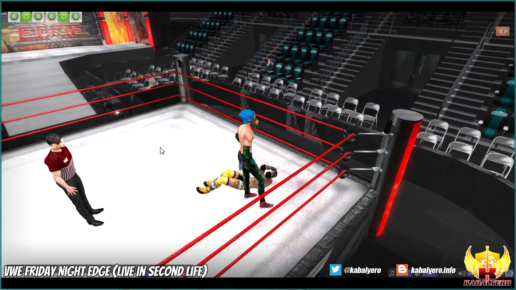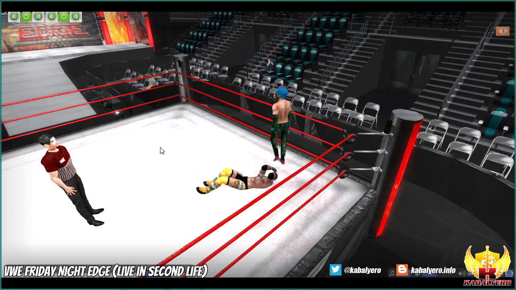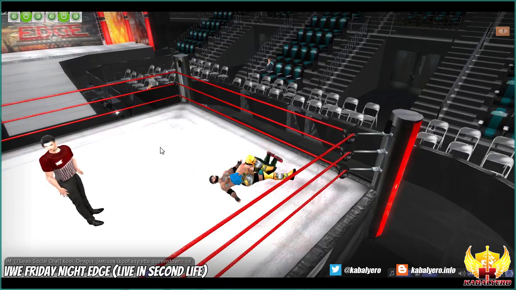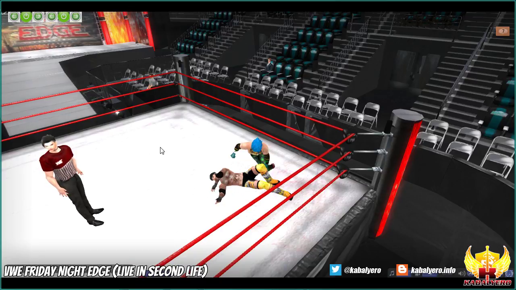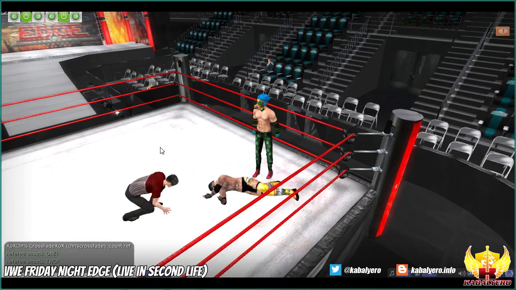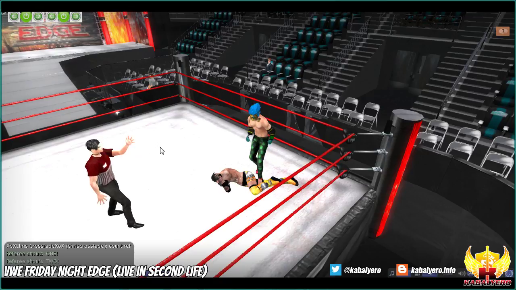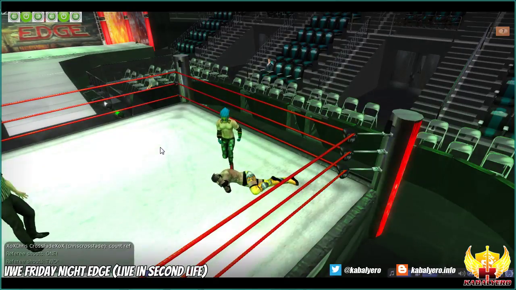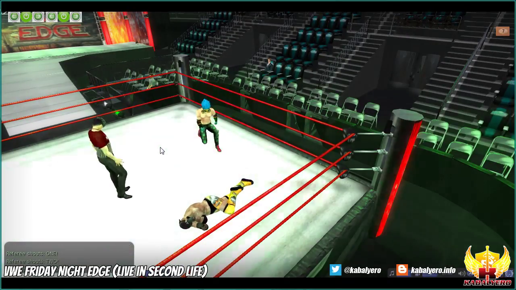He just delivered a stomp. He just stomped Bray into the canvas, and now is going for a pin. Hey referee, 1, 2, 3. For some reason the referee is not counting. Maybe the referee is part of the Karsin brothers. And there you go. Finally the referee noticed the action in the ring, and he was able to properly count